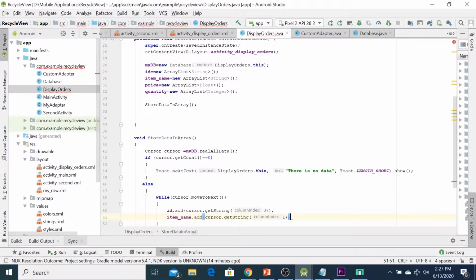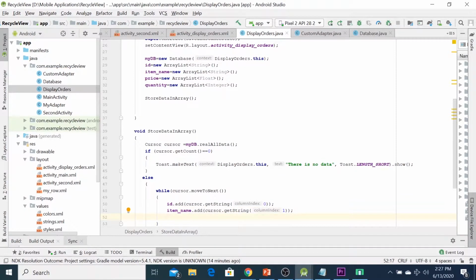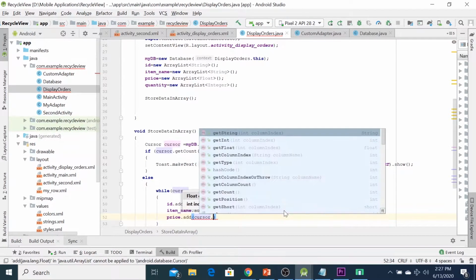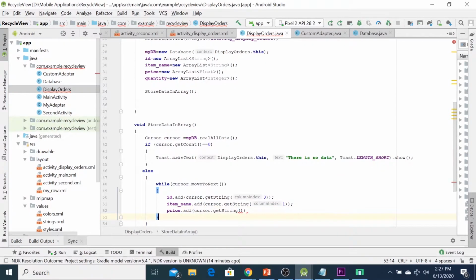Okay, next for the price you can add cursor dot here we use a get float because the data here is a floating number, float, and column number 2.